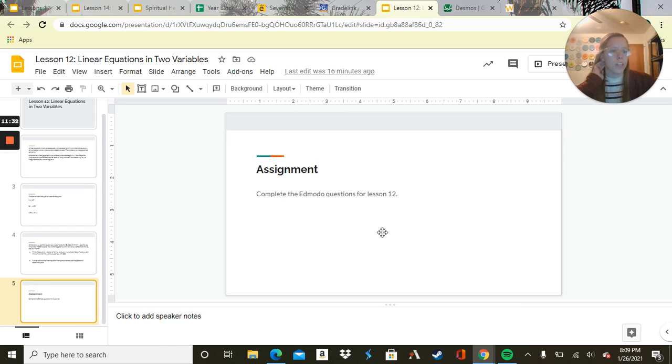Your assignment is to complete the modal questions for lesson 12. A lot of it will be if you put in 1 for x, what would y be? Put in 1 for y, what would x be? I might throw in a couple graphs and ask you if they look correct, but otherwise that'll be it,